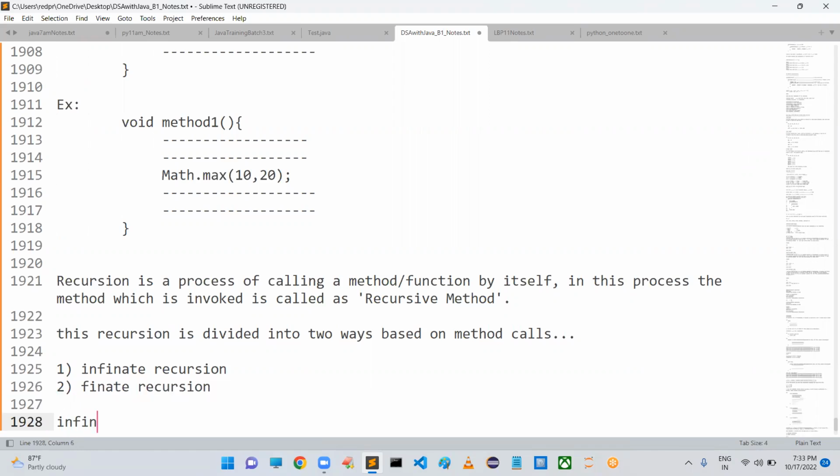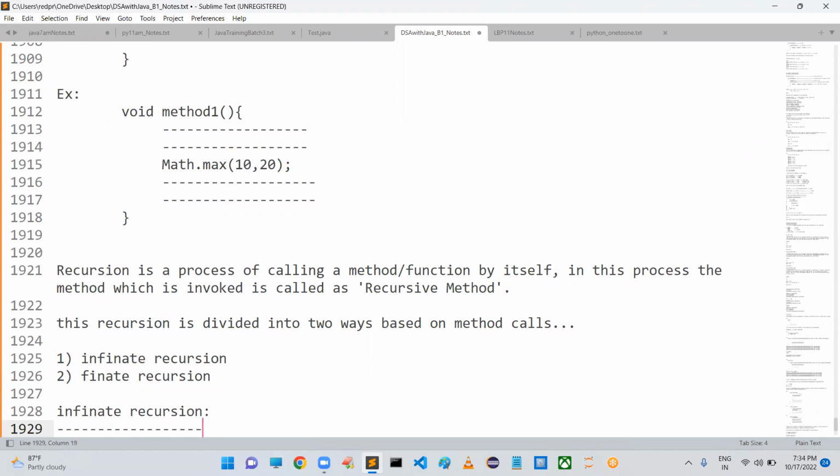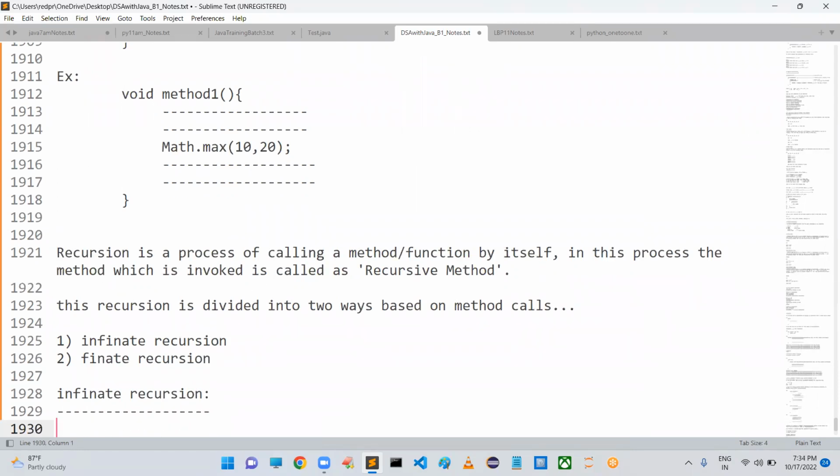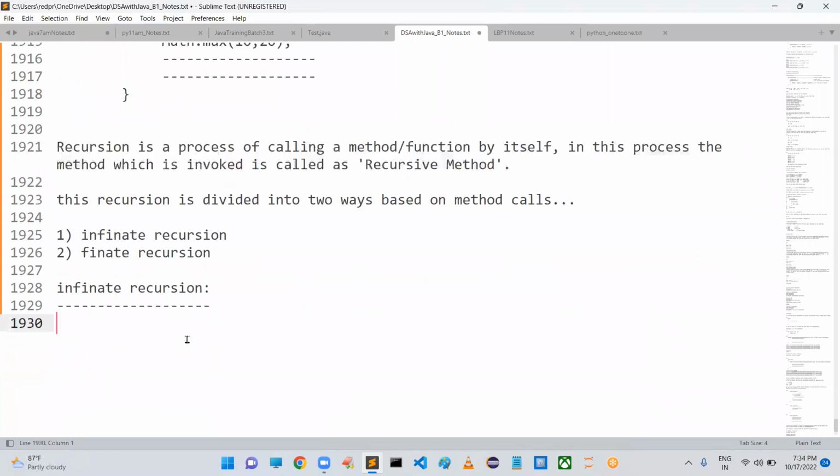Sir, what is meant by infinite recursion? Very simple. A function or a method which calls itself infinite times, then that particular recursion is called infinite recursion.